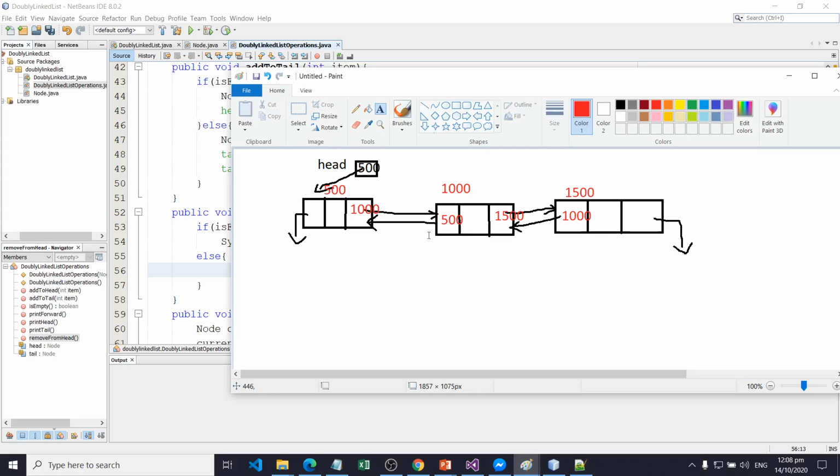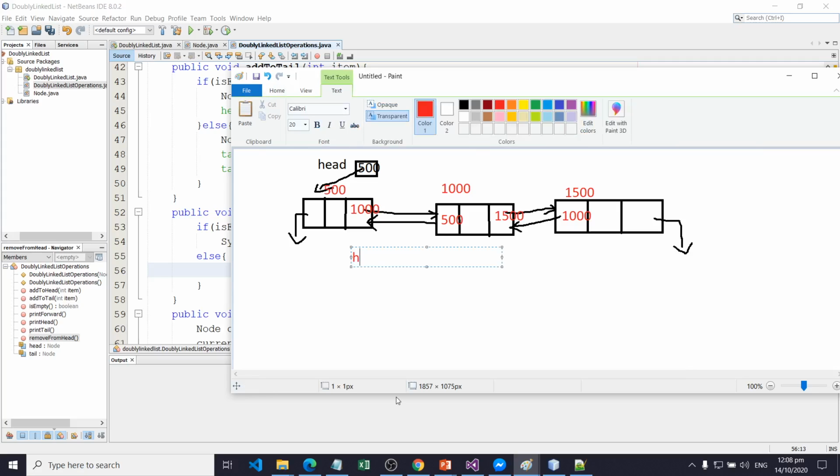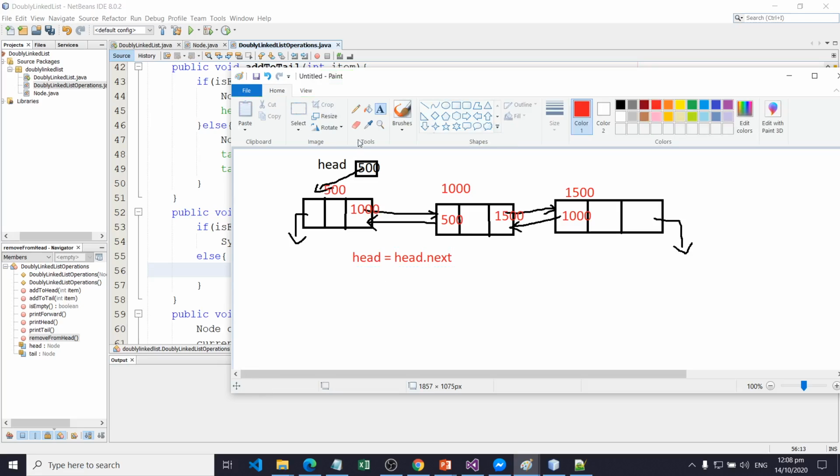Now we will let this head point to this one and make this link point to null. What we are going to do is: head is equal to head dot next. That is, alter the pointer from 500 to 1000 at this time.